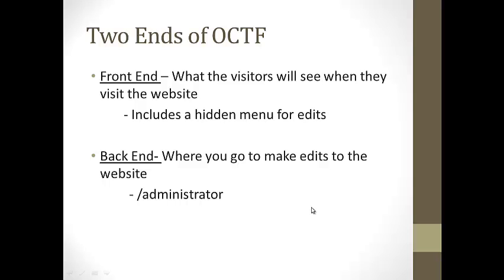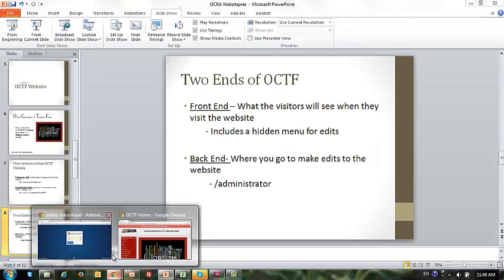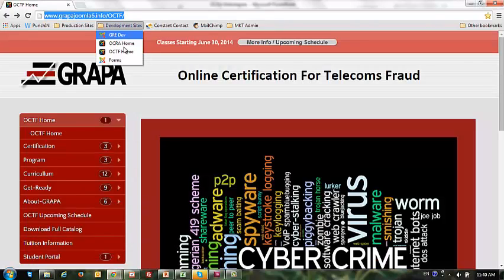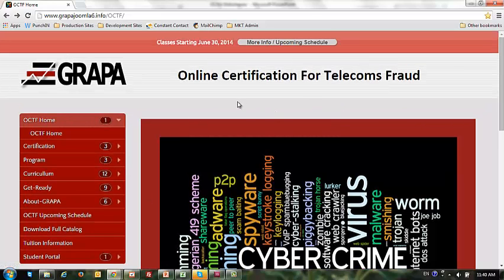So to get to the back end, we just type in administrator after the /Octave. So we're going to go visit the Octave site. I believe we're already there, but I'm just going to click on it again. So this is the Octave site, and as you can see, we have our menu items,